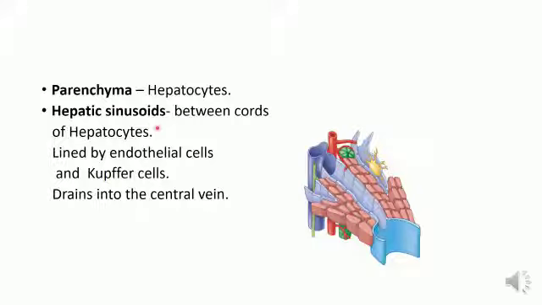The hepatic sinusoids are seen in between the cords of hepatocytes. They are fenestrated sinusoids lined by endothelial cells and Kupffer cells. Blood from the sinusoids open into the central vein that occupies the center of the lobule. Hence, hepatic sinusoids work in centripetal direction. From the central vein, blood drains into the hepatic vein.